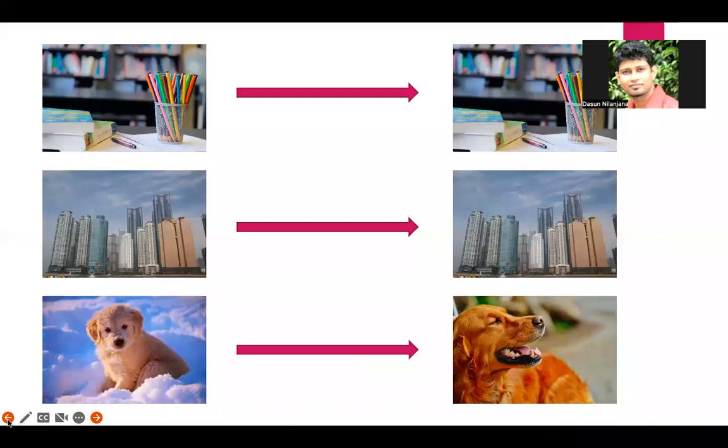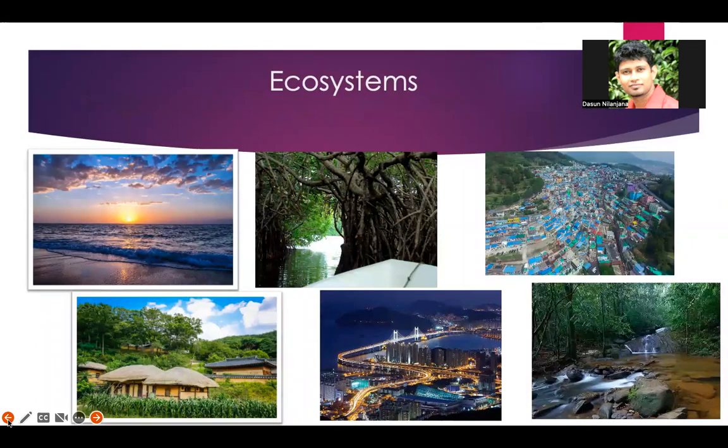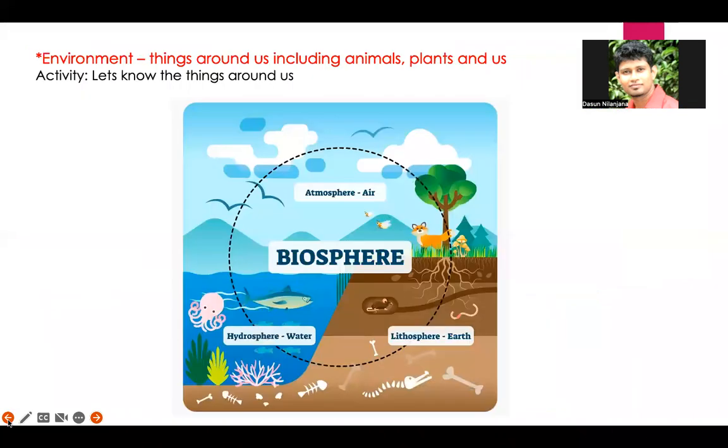Okay. Before we begin, I would like to recall the last day's lesson. What we have learned is about the wonders of the living world. We learned characteristics, we learned about ecosystems, and we also learned how our habitat, planet Earth, can be divided. There are three groups: atmosphere, hydrosphere, and lithosphere, and the biosphere is distributed among those layers.